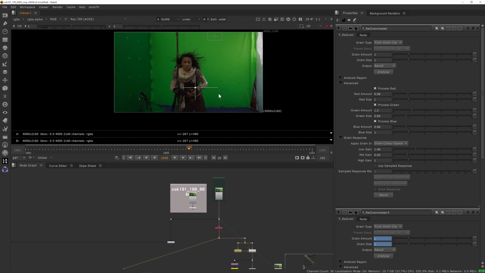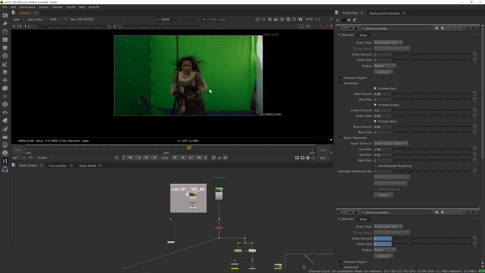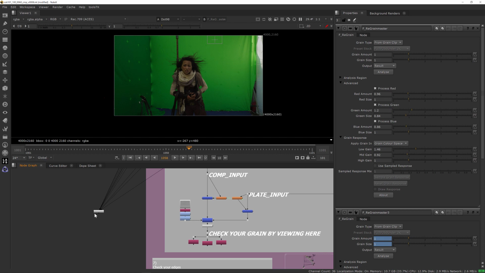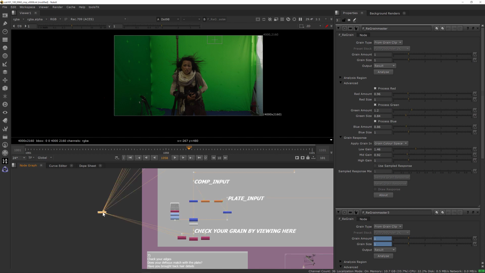And that definitely, when you're dealing with something like the same plate being comped over something, maybe you're mixing two plates together like a split screen, and you had to denoise the plates and then regrain for patch work or paint work or something along those lines, that's going to be a great tool to see if you're matching that grain perfectly. So that's a wonderful tool to have, and I hope you guys always take that with you and use it for every single project